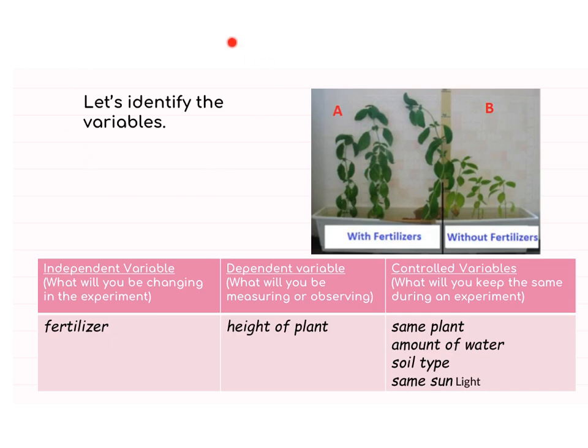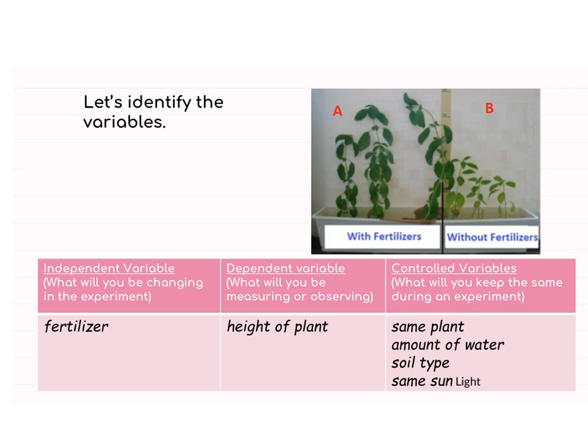Now we have to start identifying the variables. So first we will identify the independent variable, or what we will be changing in the experiment. As you noticed here, we were either adding fertilizers or not. So the independent variable is the fertilizer, whether it was added or not. Now, the dependent variable is what we were measuring or what we were observing. So actually, we were measuring the height of the plant, or we were observing or measuring the growth of the